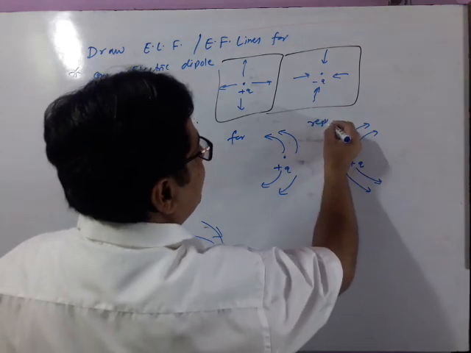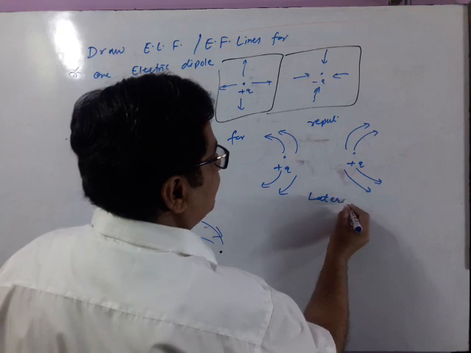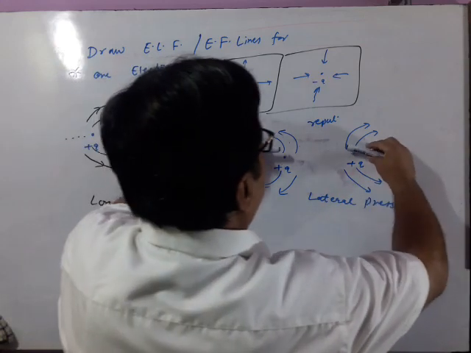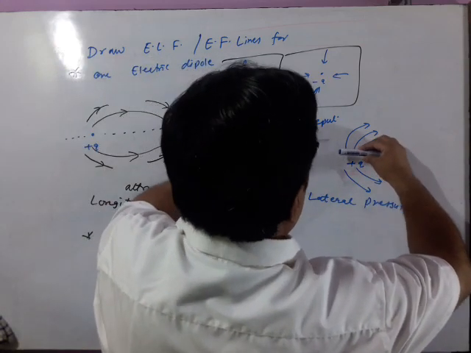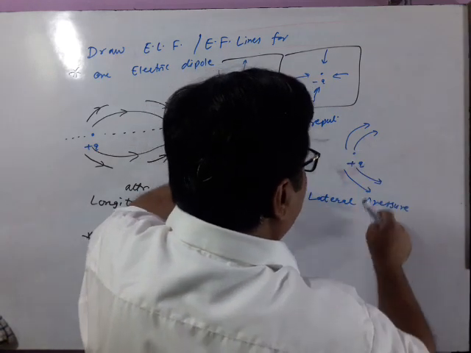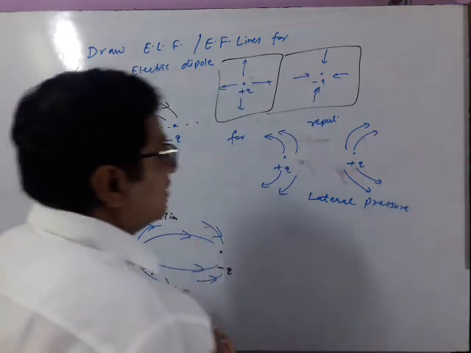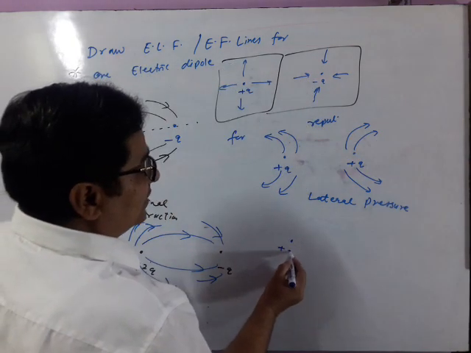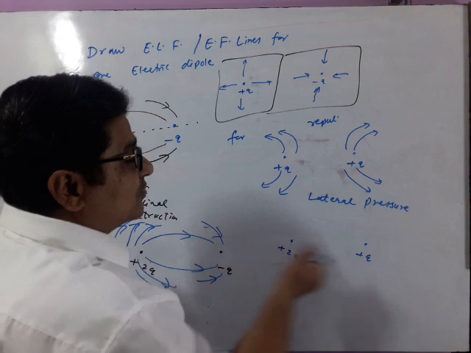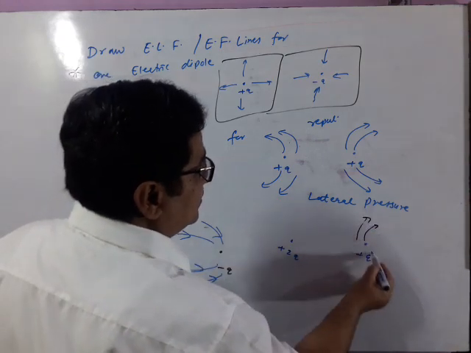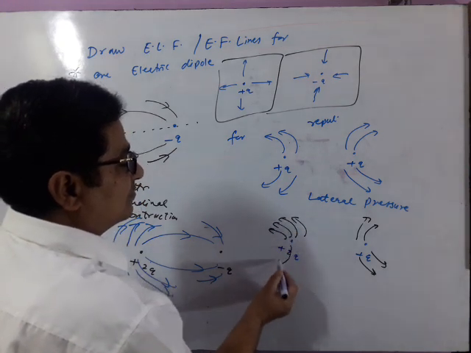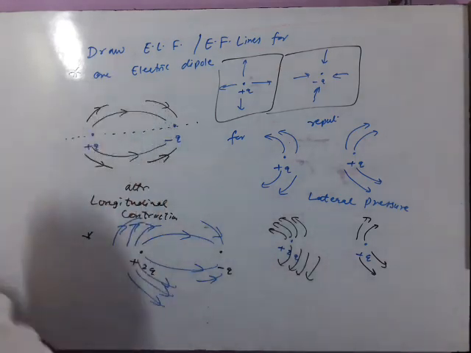This is called lateral pressure. Like you hold 2 north pole in front of you. Now there is repulsion, you will have to face lateral means perpendicular at an angle of 90 degree. Pressure means some force per unit area. That is called lateral pressure. If I say it is plus 2q and it is plus q, then same way we will show double lines for 2q because magnitude is double. 4 for this and now 8 for this. Got it? Breathe in.